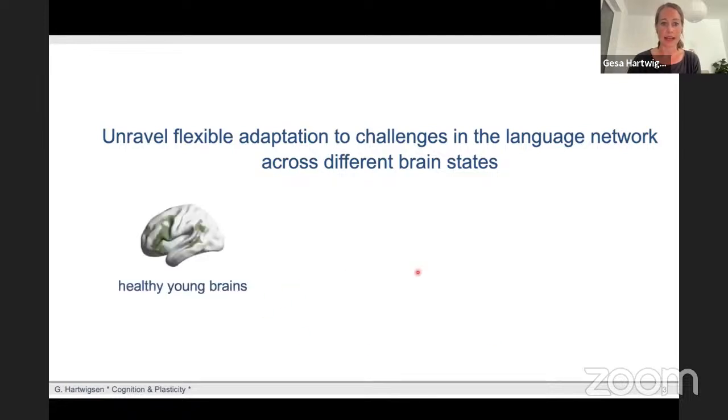So in healthy young brains, challenges can naturally arise if you're, for example, in noisy listening conditions, and you can mimic this with speech and noise paradigm. We can also artificially induce challenges with neurostimulation. So we use inhibitory, non-invasive brain stimulation and see how the brain adapts to this. And why is this interesting? Because with this, we can build models that we can then transfer to other brain states. So we can mimic how, for example, the brain may adapt to brain lesions or how aging brains may cope